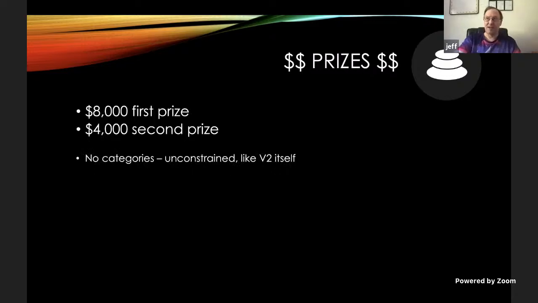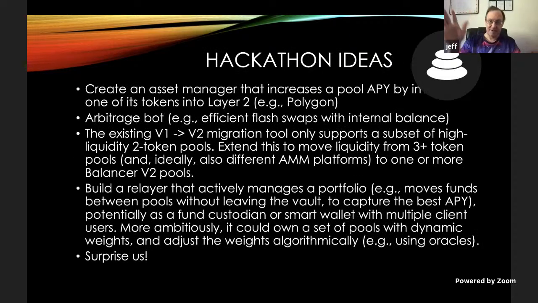So quickly go into the prizes. I'm sure you're all interested in that. Kept it simple, just two: 8,000 first, 4,000 second. There are no categories. Like V2 itself, it is unconstrained, limited by your imagination. However, we do have some ideas of what might be promising areas of research. For instance,